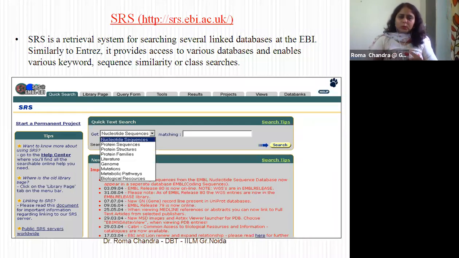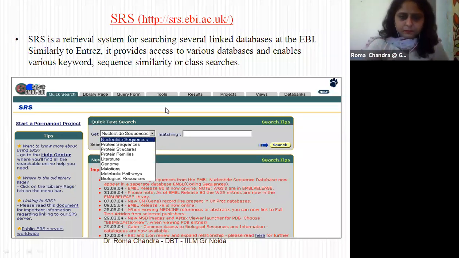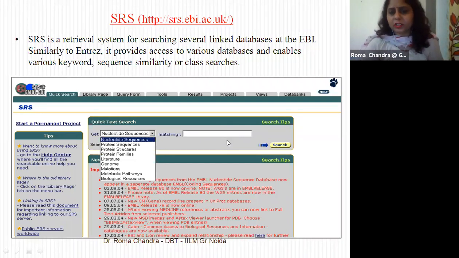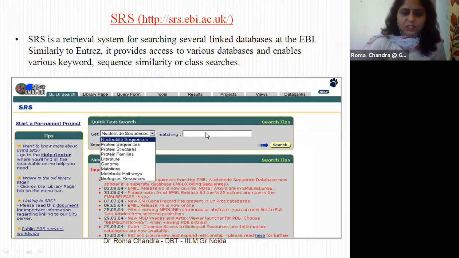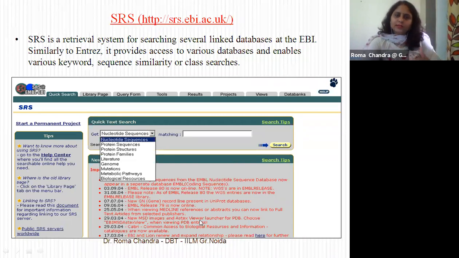There are a lot of things here: nucleotide sequences, protein structures, protein families, literature, genome, mutation, metabolic pathways, biological resources. And you can type your information in the matching tab here. If you're searching for a nucleotide sequence, for a specific sequence, you can mention here the name of the sequence, like Homo sapiens. And as soon as you click on the search button, this SRS will move you to the different